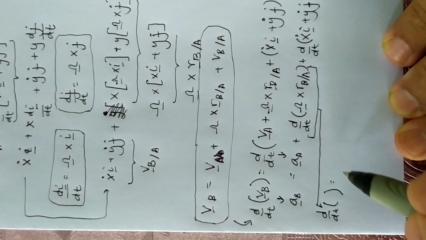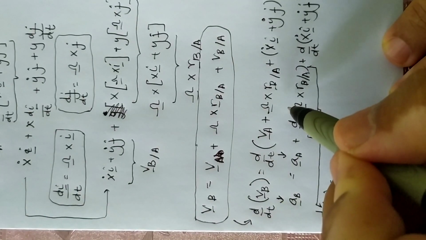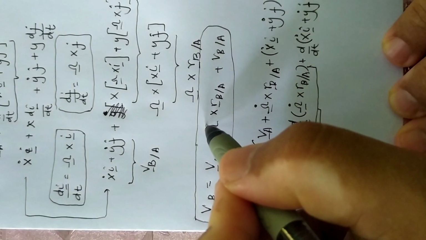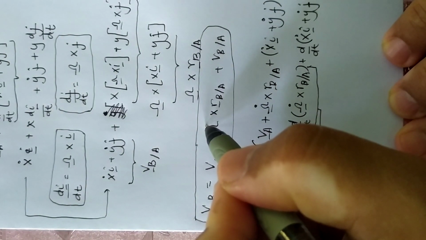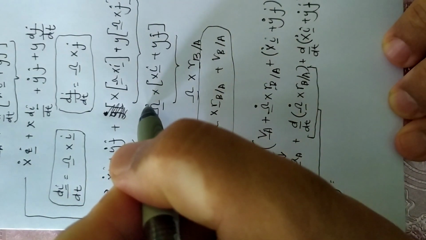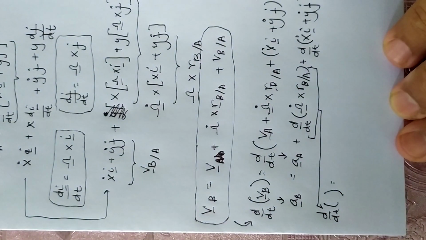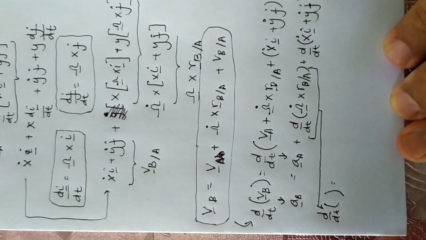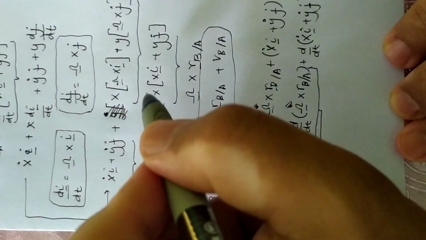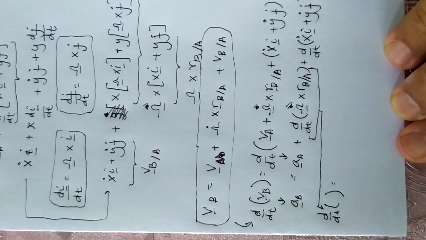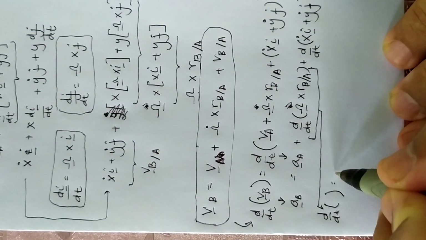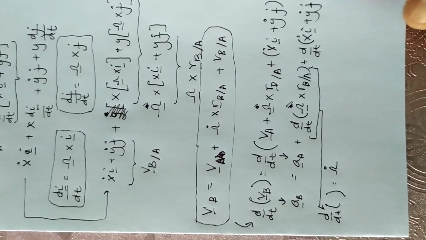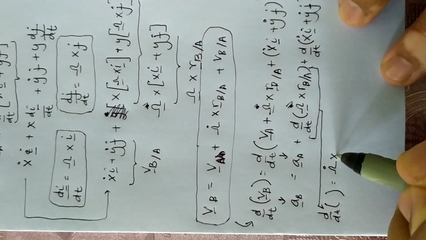d omega dt is omega dot. Sorry guys, we have something wrong with the expression. But anyway, sorry, this is not omega dot. This omega is the angular velocity. Okay, so d over dt of omega, we will have omega dot, which is alpha, and then we have cross